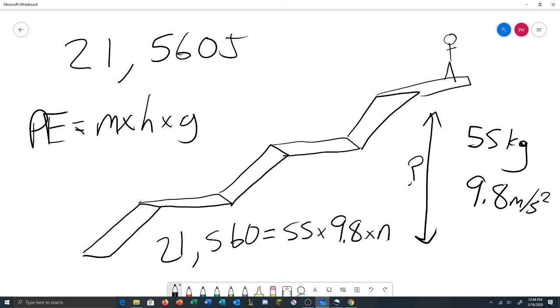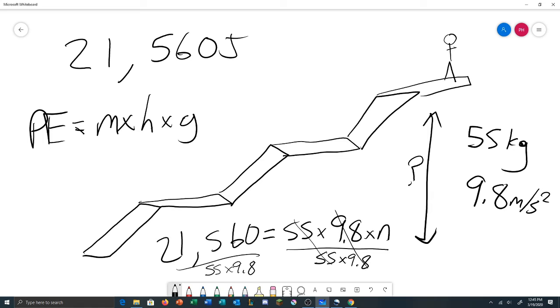How do we find that? Well, it's actually easy here. It's a little bit of algebra. All you have to do to get n by itself is divide by the other two. So if you were to divide this whole side over here by 55 times 9.8, get rid of both of those. These two cross off, and you're left with n alone. And on this side, you also have to divide by that 55 times 9.8, which leaves you with what? If you have n equals 21,560 divided by 55 times 9.8, you would end up with, and I'll let you